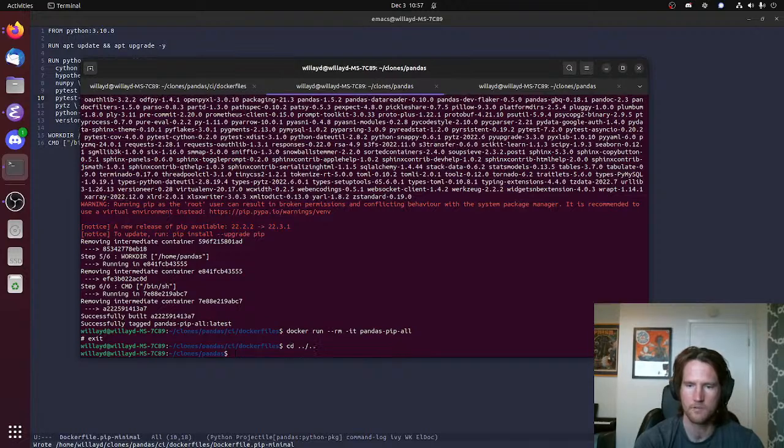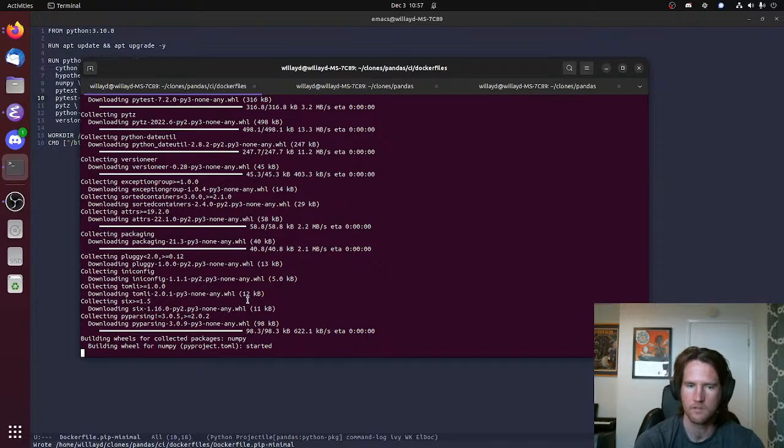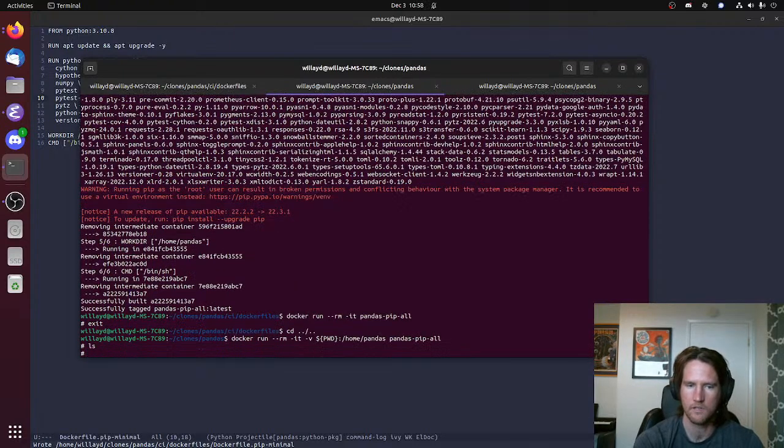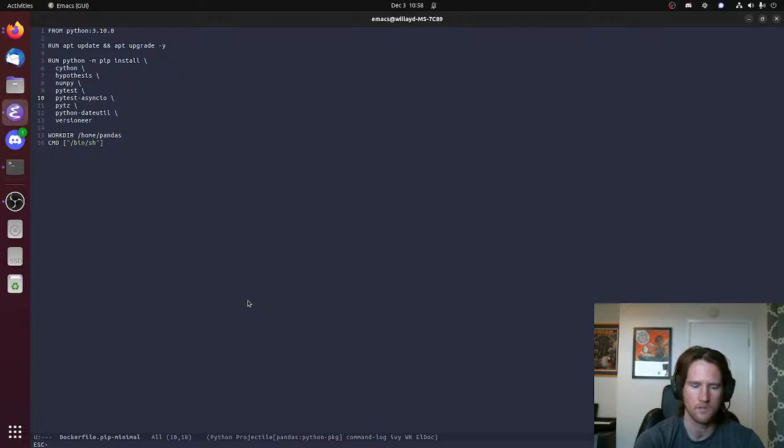Jump up, -v, print working directory, home/pandas, and that should work any minute now. ls, ooh, oh,